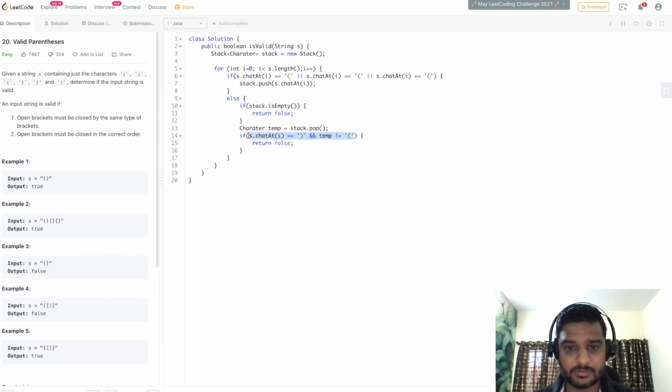We can copy the same condition and check the same for the other two, the curly braces as well as the square brackets.